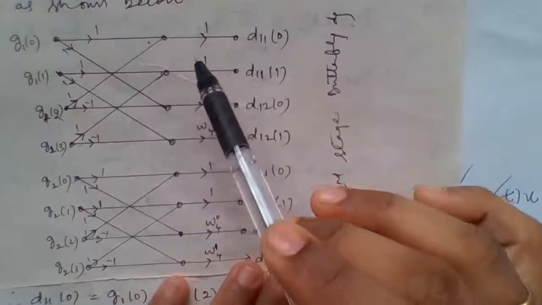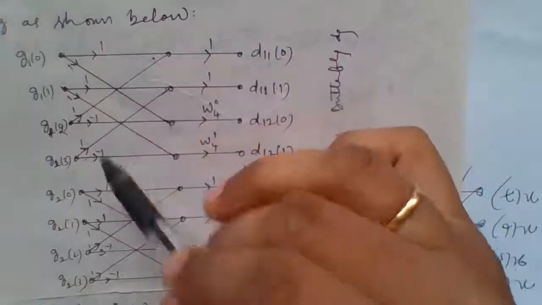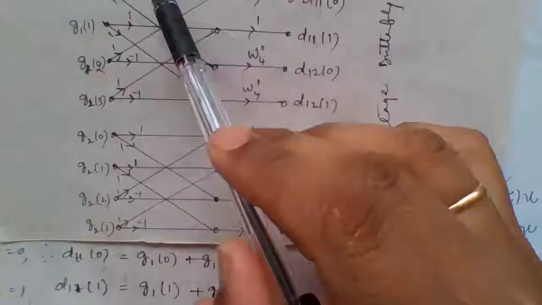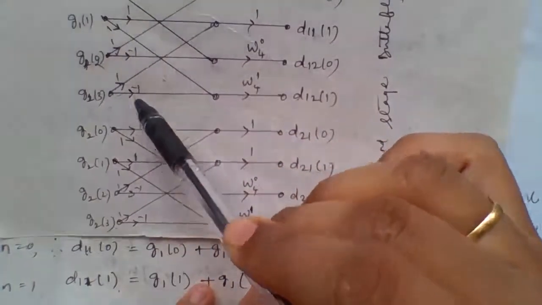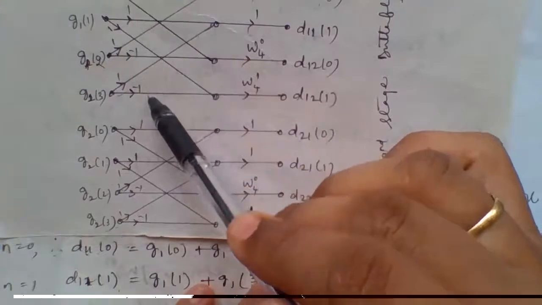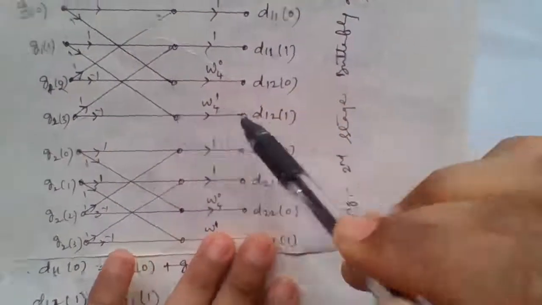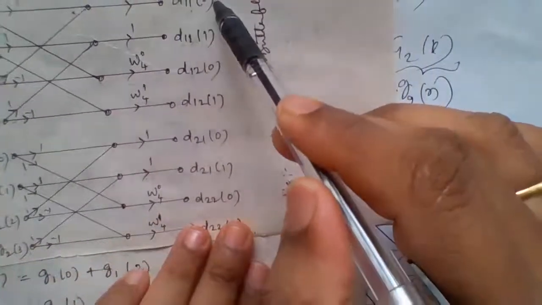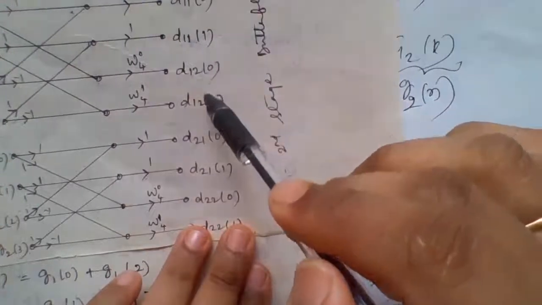So, referring to the G1 and G2 equations, all the equations are put. Again, the first two lines 1, 1, remaining two minus 1, minus 1. Because there are two additions and two subtractions, just connect the first one with the third one, second with the fourth, and write the corresponding outputs. Now observe the order here. Order will not change. D11 of 0, D11 of 1. Similarly D12 of 0, D12 of 1.